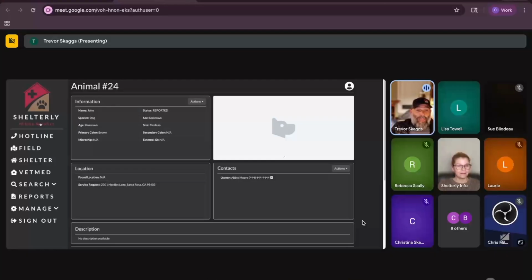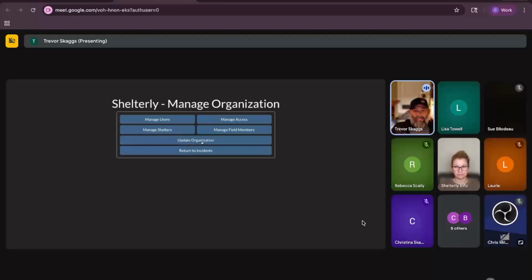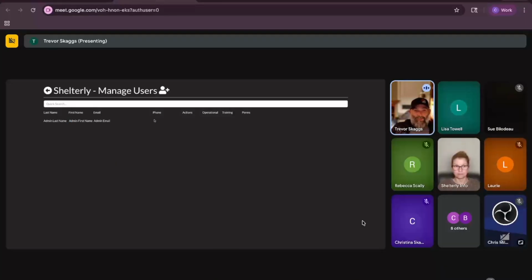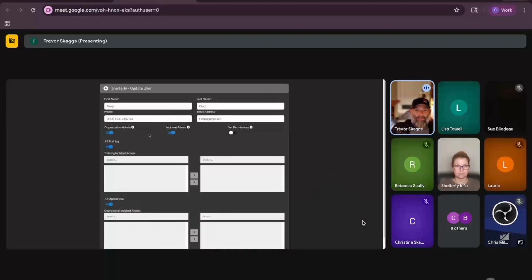On the management side, there are 2 things. I think we covered one of them already, which is inside managing your organization. I want to just double down on this because I think this is really important for people to see. Now I'm going to check out my favorite team member, Gerp Flirp here, Flirp and Gerp. What has happened now is before you used to have training access or not training access. And now instead